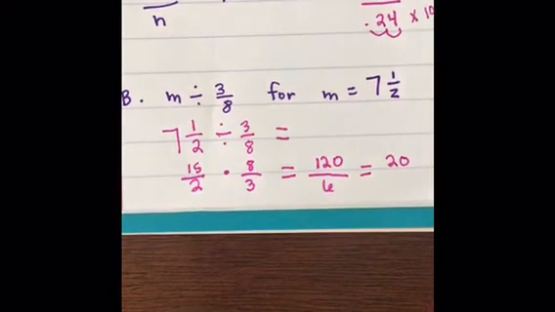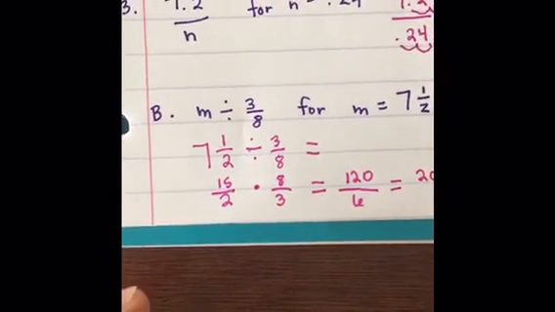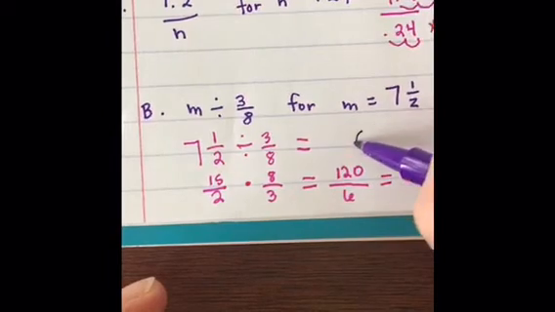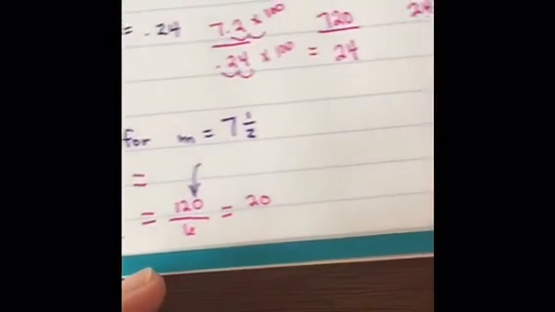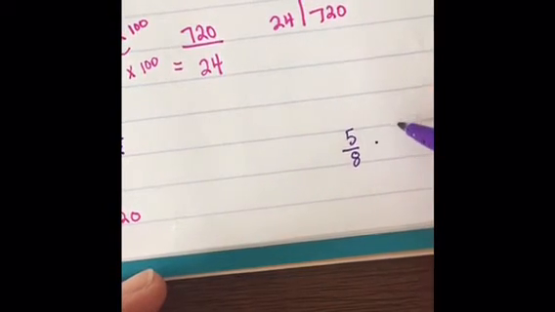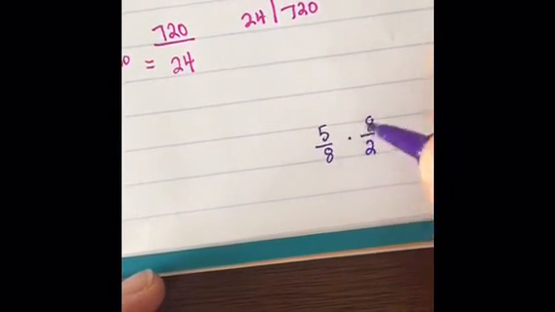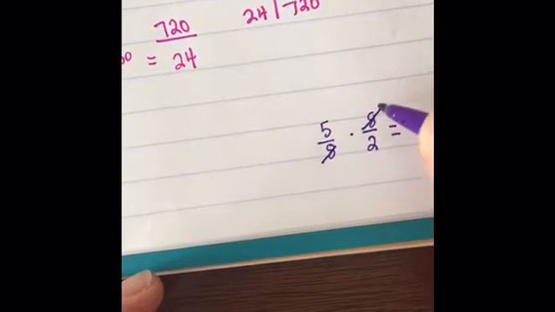Okay, so I wasn't going to show you this earlier because I didn't want to complicate things, but I am going to show you now so that you can avoid some of these big numbers. So we talked about cross-canceling. That's if we had something like 5 over 8 times 8 over 2 equals. Instead of multiplying that and that, we could have said, I recognize that an 8 on the top divided by